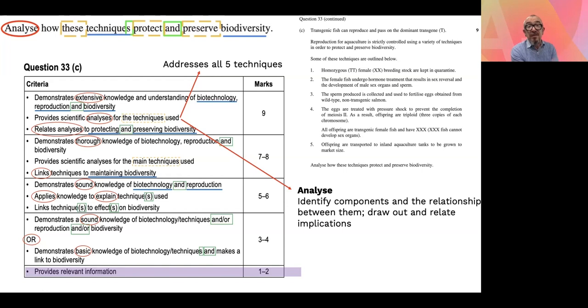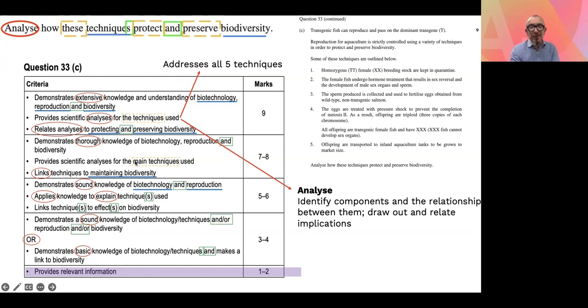knowledge and understanding of the biotechnology related to reproduction and biodiversity. Students were required to analyse the techniques, preferably all 5 of the techniques used, and importantly, they had to address both protection and the preservation of biodiversity. And we'll look at the sample answer shortly, but just wanted to point out some other points. If you didn't give the analysis of each of those 5 techniques, you have instantly dropped down into that 7 and 8 mark bracket. But you can still see at that level, we're still getting the scientific analysis of the